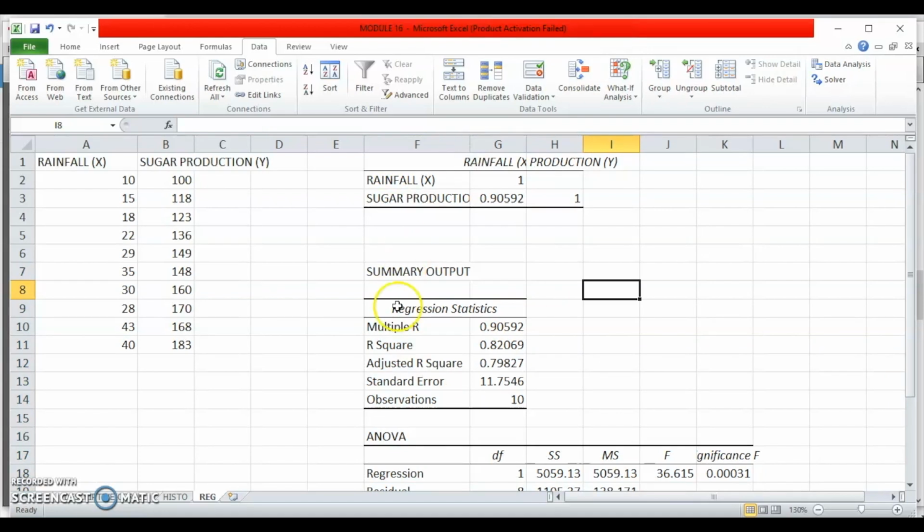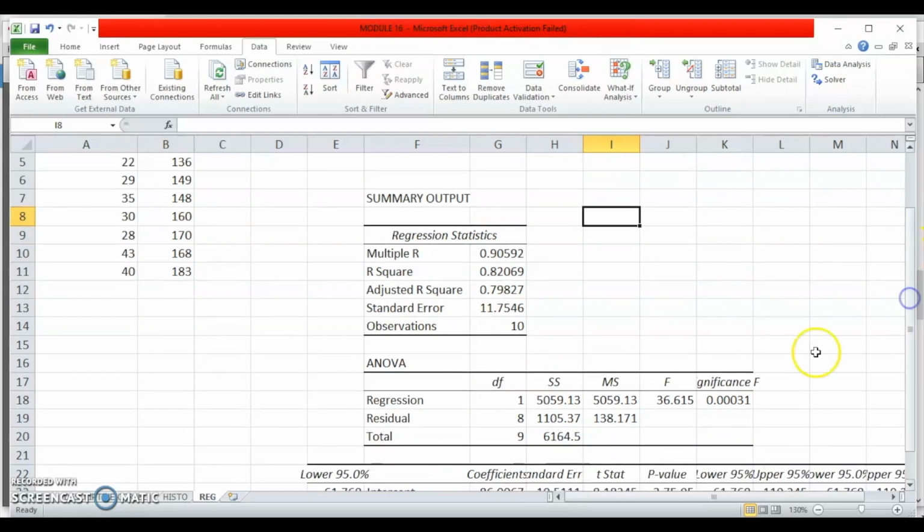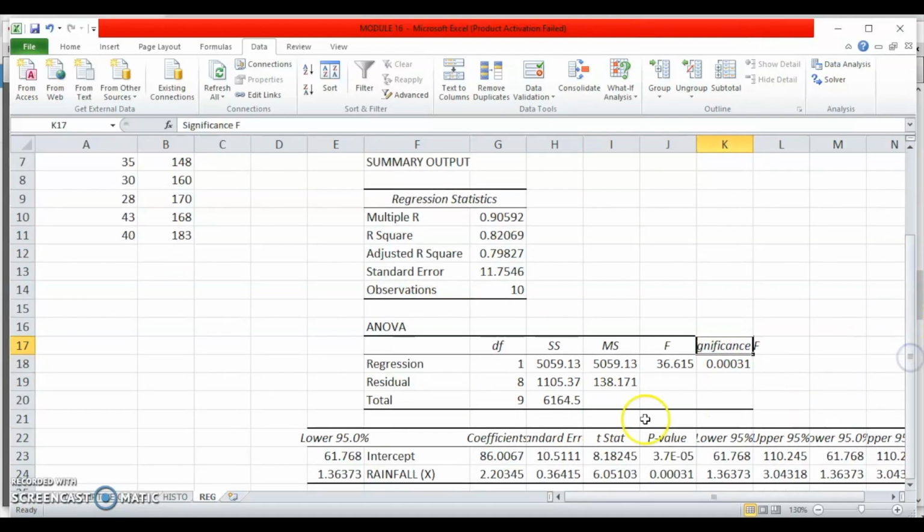So now you can see that my output has been calculated. So I can see that my adjusted R square is there. Standard error is being shown, then it is also showing me the significance F, which is less than 0.05. Further, it is showing me the p values, which are all less than 0.05, and it is showing me the t statistics. So it is showing me all the things which I require for doing regression analysis. It is showing me the coefficients also.